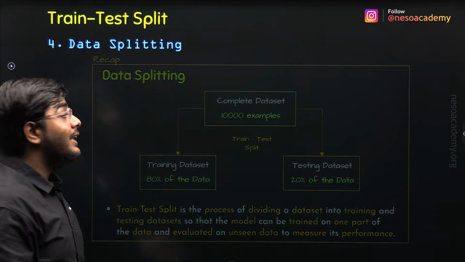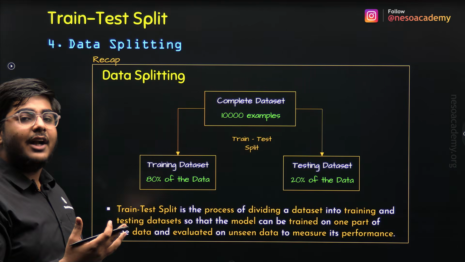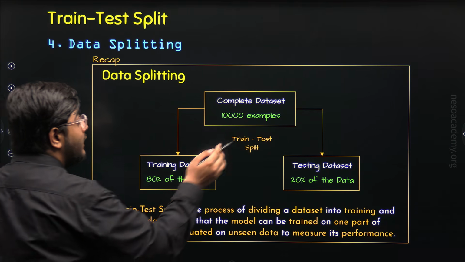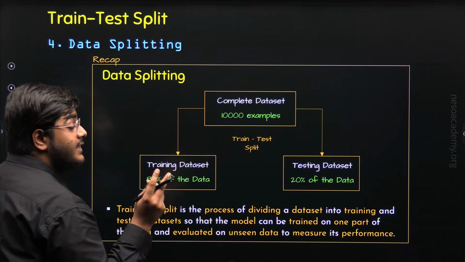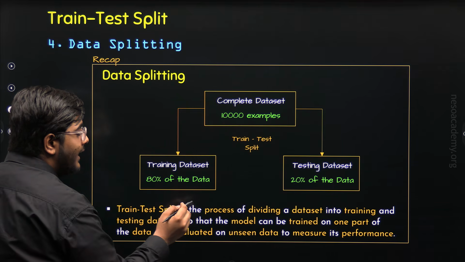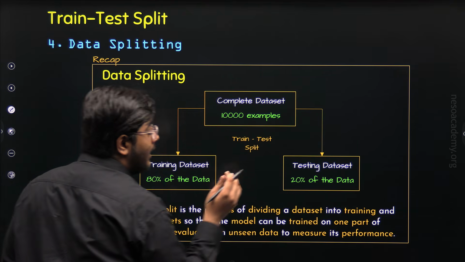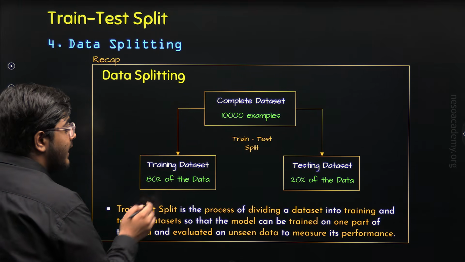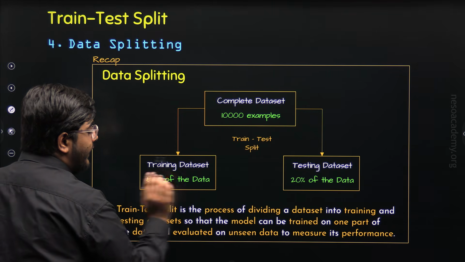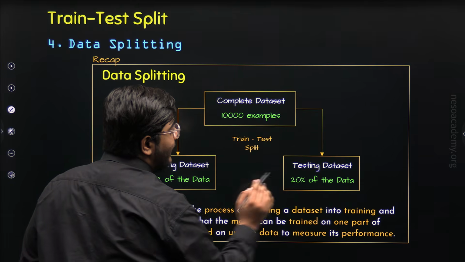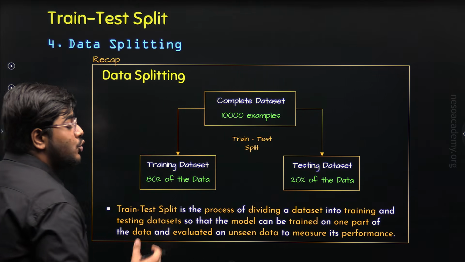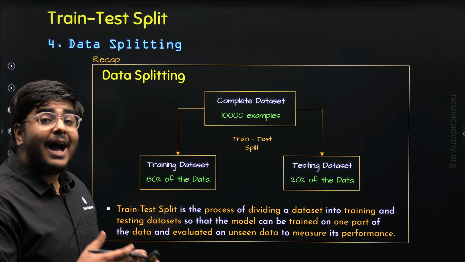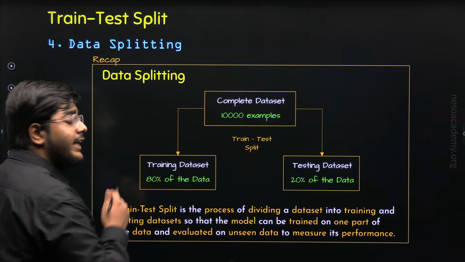If you remember, in the lecture data splitting, we have already understood the concept of train, test, split. Let's revise quickly. The total available data that we have is divided into two parts, training dataset and testing dataset. Now the standard ratio of data splitting is 80:20, which means 80% of the total data is training data and 20% of the total data is testing data. Training data is usually larger than the testing data. Why? Because machine learning model learns patterns, features, and relationships from the training data set.